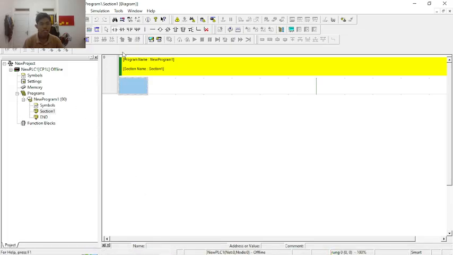We will be using TON on delay timer and TOF off delay timer.